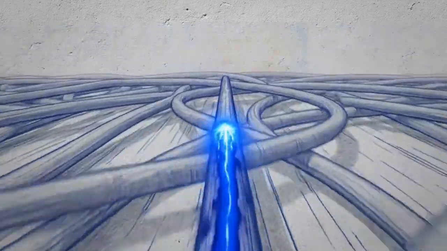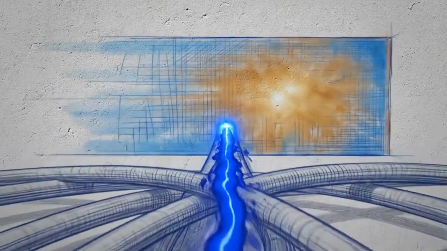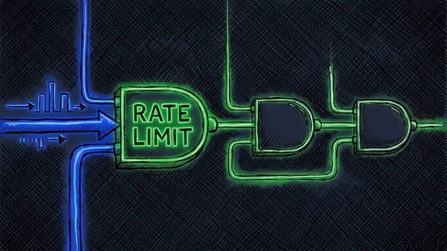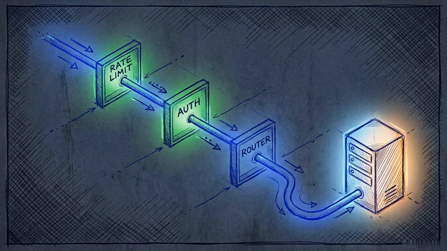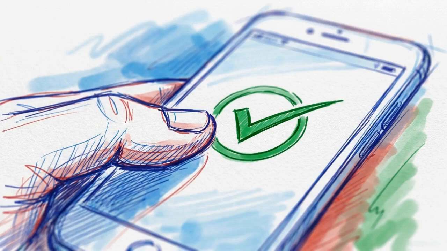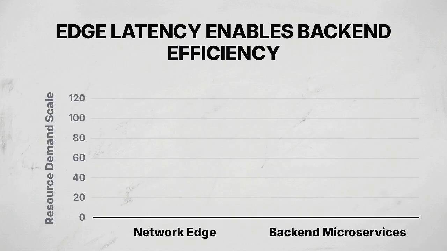We can now trace the complete path of a single HTTP request hitting the edge of the data center. This schematic details the sequential checkpoints. The request enters the gateway and hits the Redis rate limit check. It passes. The JWT cryptographic signature is validated. It passes. Finally, the route table lookup executes, translating the protocol and forwarding the data downstream. This entire complex validation pipeline executes in single-digit milliseconds. The client perceives the response as instantaneous.